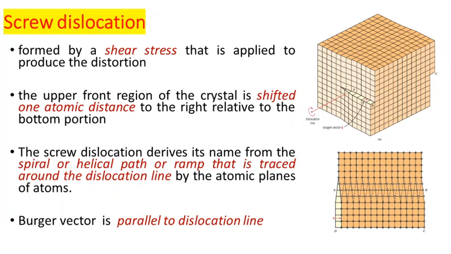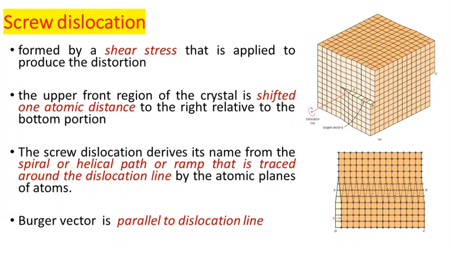So we can have 2 portions for the crystal system. Actually, the square points represent the lattice points. For ease of understanding, we have just considered square points. It actually represents each lattice point. So when we observe the figure, we can see that when we apply a shear force, the top portion is twisted towards the right side by 1 unit relative to the bottom portion. You can observe the twisted portion in the figure.